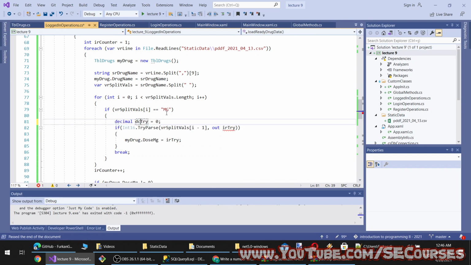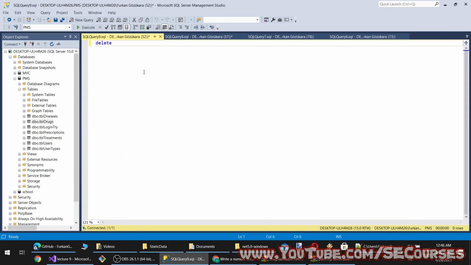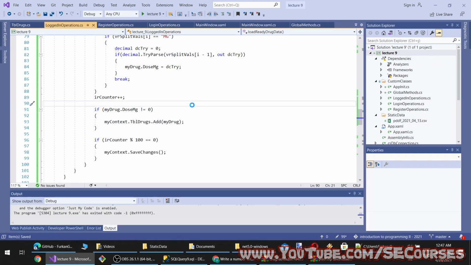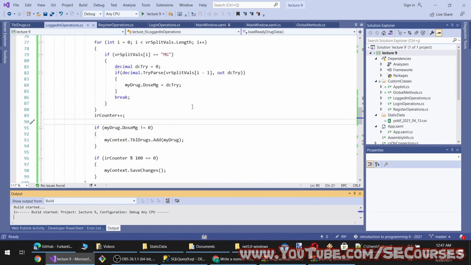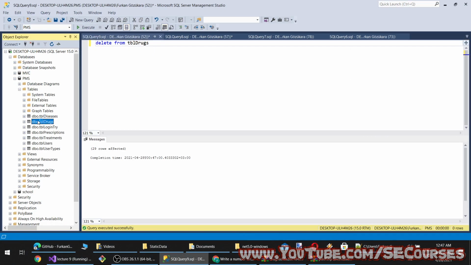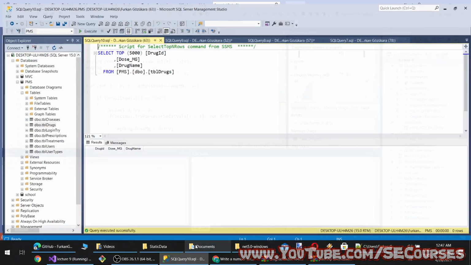And let's make it as DC try. And it will be decimal try parse, and DC try. Yes. Now it should work. Let's delete the older data. And okay, let's try what happens. Now we should be able to hold milligrams correctly as supposed to be.